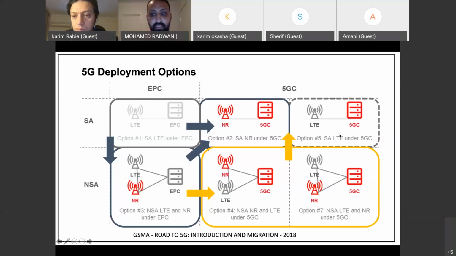Another question is, is CUPS still considered part of EPC, which is control and user plane separation? Yeah. CUPS, the control and user plane separation of EPC nodes, was originally introduced in Release 14 in 4G. So CUPS is not a 5G concept. In 4G, you had the capability through CUPS to split the P-Gateway into P-Gateway-C and P-Gateway-U, S-Gateway-C, S-Gateway-U, TDF-C, TDF-U.